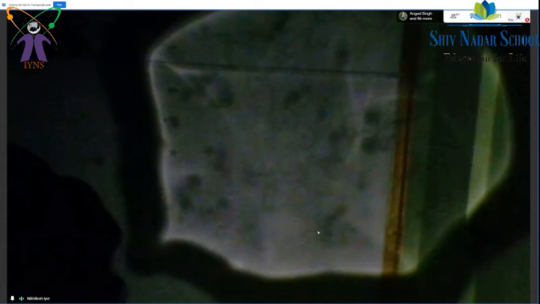Okay, so at the starting it will be very dark, just like a dark blob. And if I just sprinkle sugar, I'm crushing sugar a bit so that it looks bright and clear.